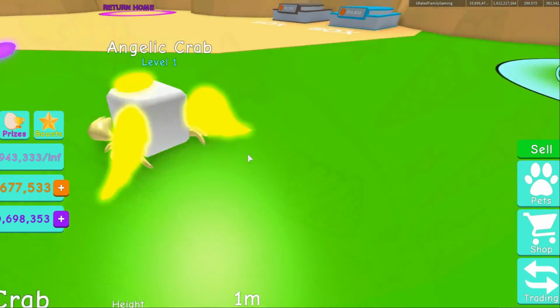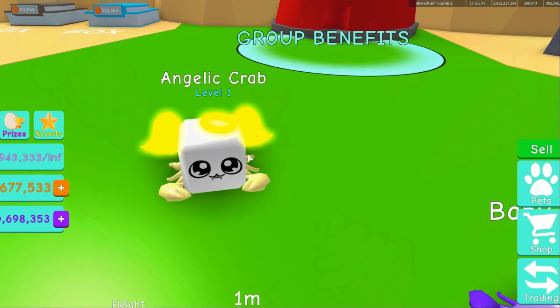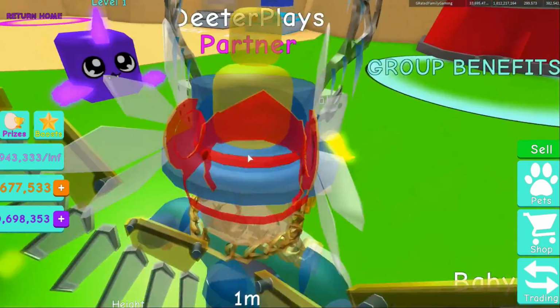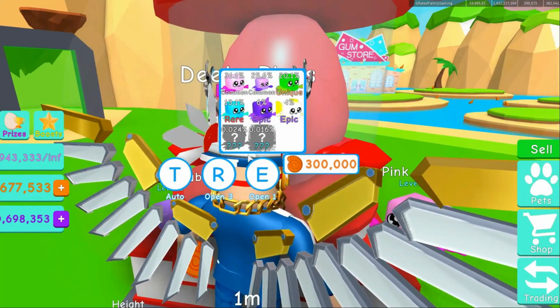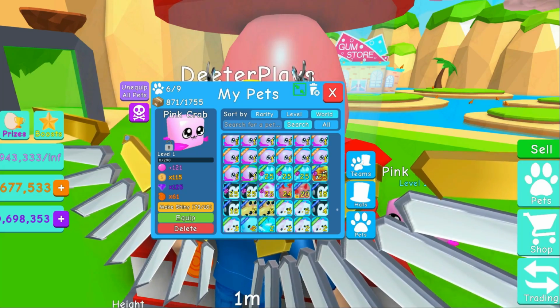I gotta look away. Angelic crab. Wait a second. That looks like you have Donald Trump hair. Oh my gosh. Does that have Trump hair? Okay, never mind. That one looks funny. All right, and baby crab, just a smaller little purple version of it. That angelic crab just does look a little bit strange to me. I'm just saying, just a little bit on the odd side of things, just a wee bit. So over here we've got,